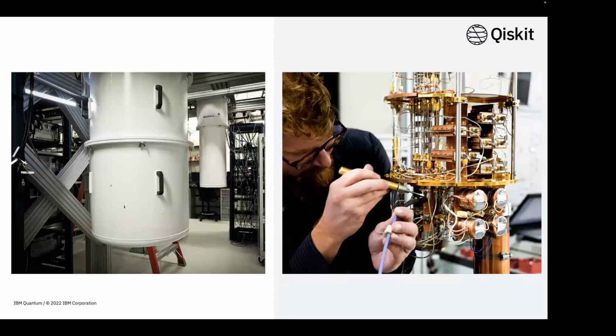To maintain this temperature, you won't see quantum computers lying outside or kept anywhere in the open. No, to maintain this cold temperature, you can see this dilution chamber. It will always be enclosed in a chamber because we have to keep it cold. This white thing you can see, the outer covering, is a dilution refrigerator that we use to keep the quantum computer cold.